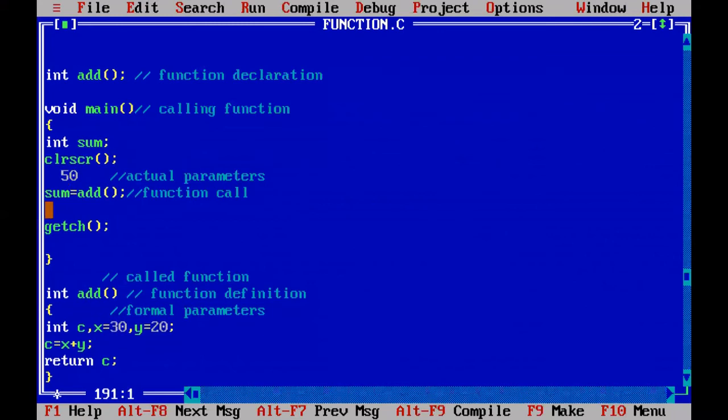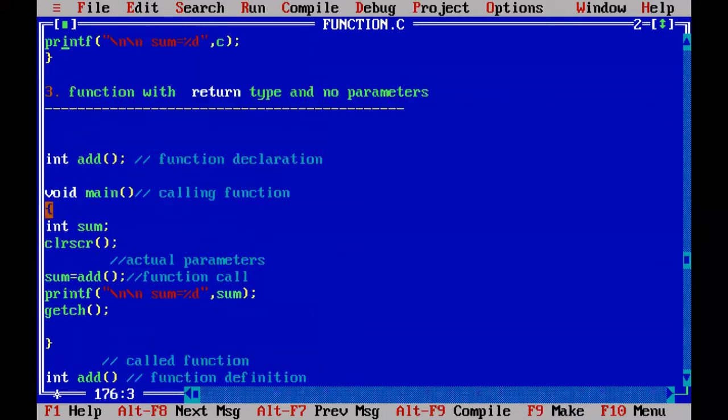When you hold the sum value, how to print it? Write one more printf statement here, backslash n, sum equal to percent d. Replace the value with sum and remove this 50.